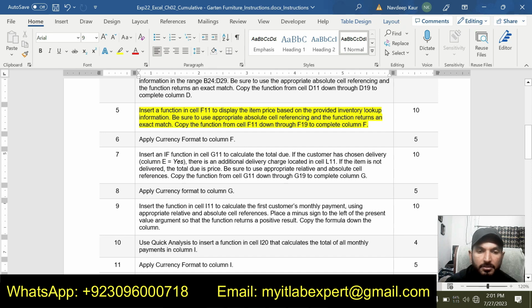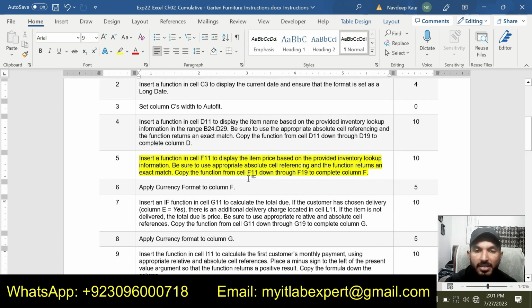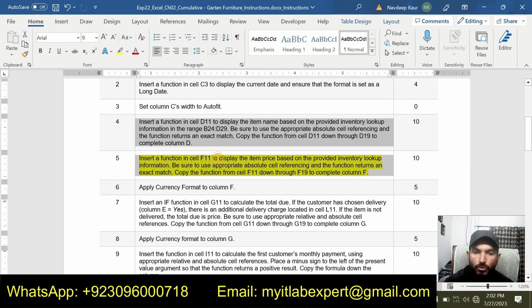Step number 5 is insert a function in cell F11 to display the item price based on the provided inventory lookup information. In step number 4, we were supposed to display the item names based on the inventory information, but in this step we are supposed to display the item price.